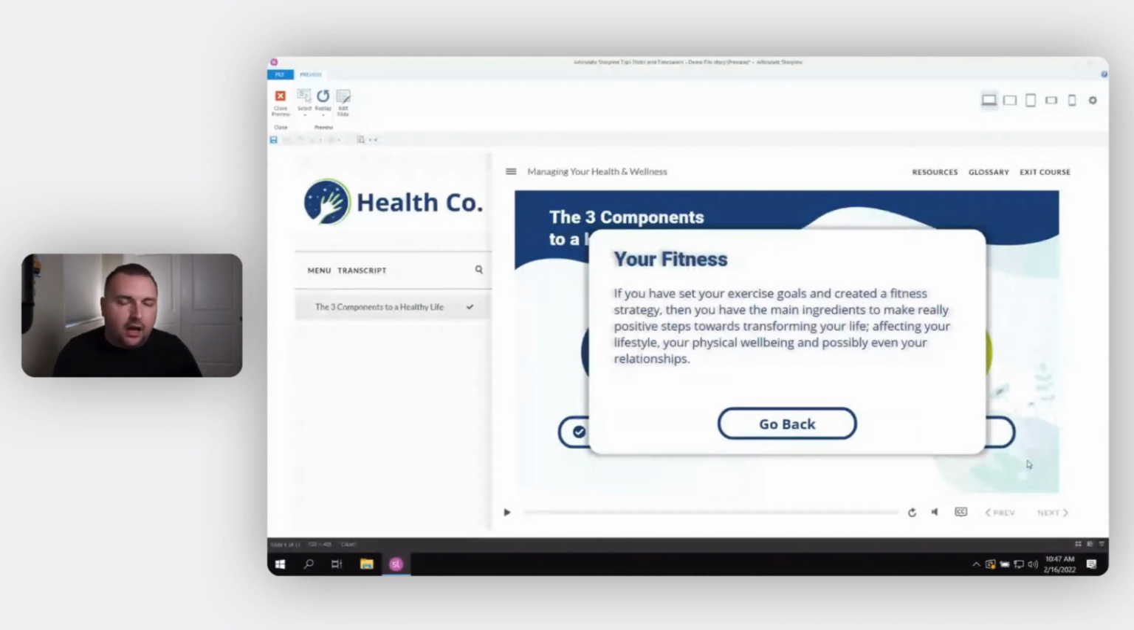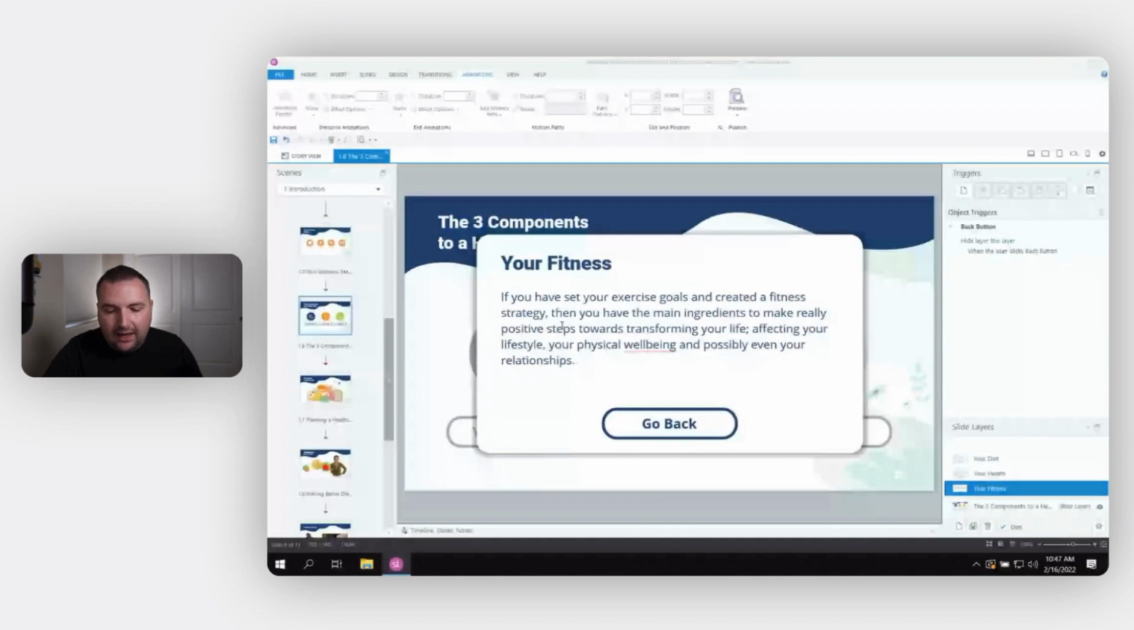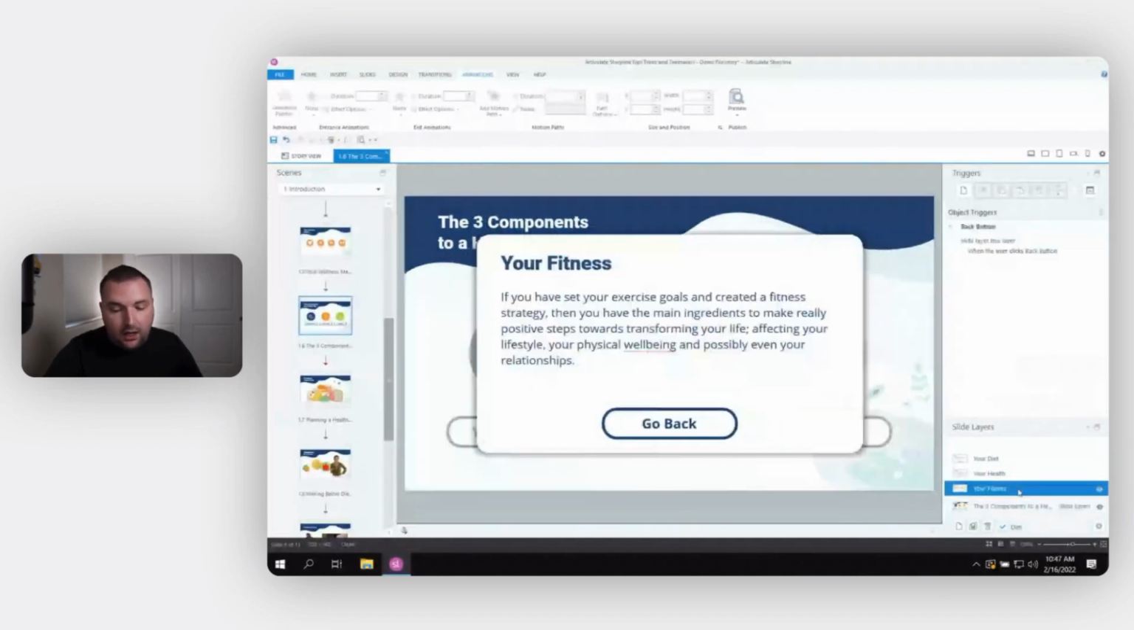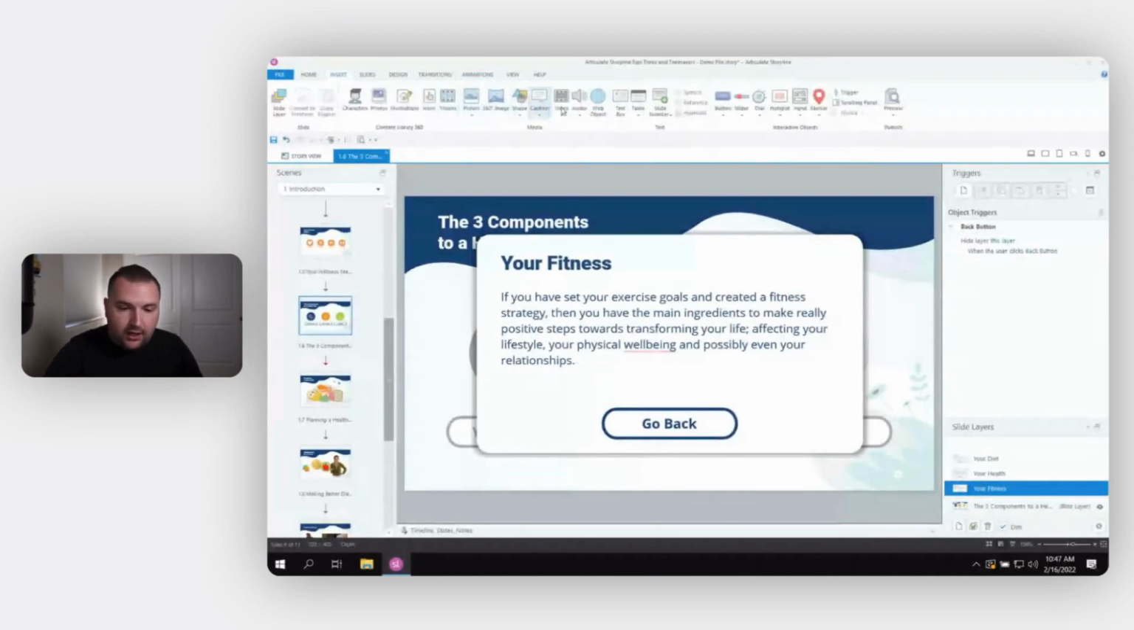What if I wanted to hide those objects on my base layer when I'm on a slide layer? Let me show you how I used to do this before I learned the right way to do it. The way I used to do this, if I didn't want the learner to be able to click on this button when I'm on the Your Fitness layer, I would go insert a shape,